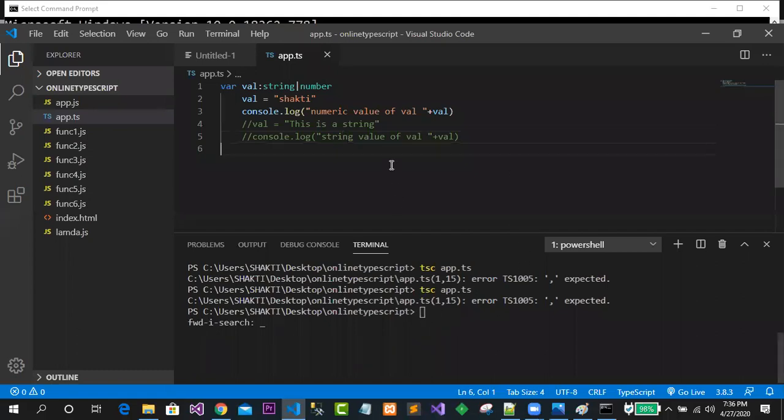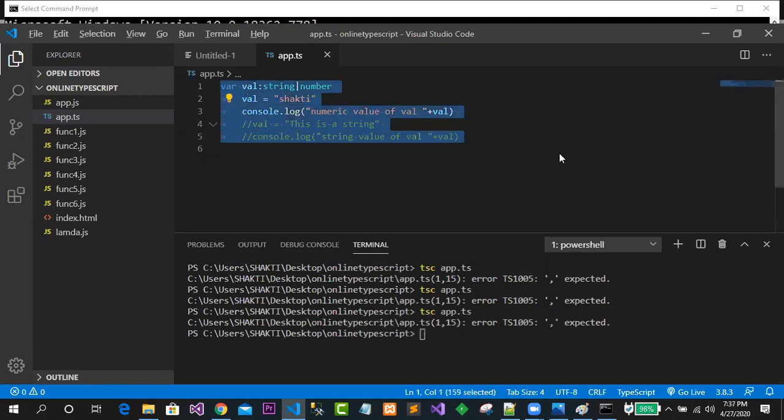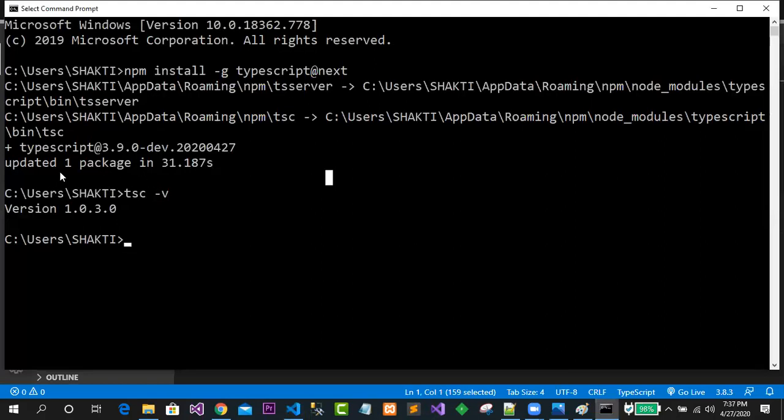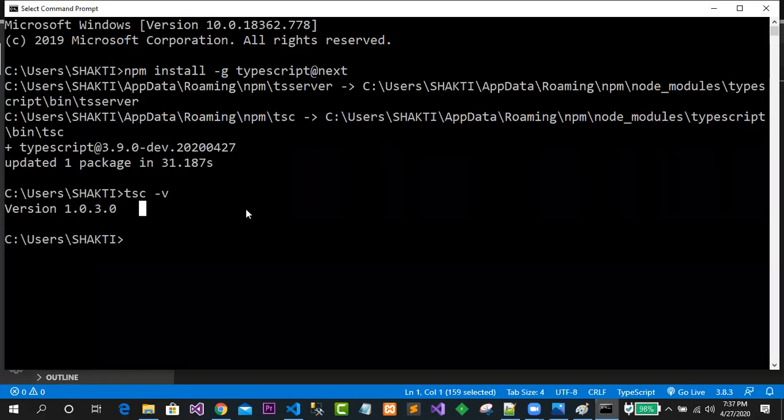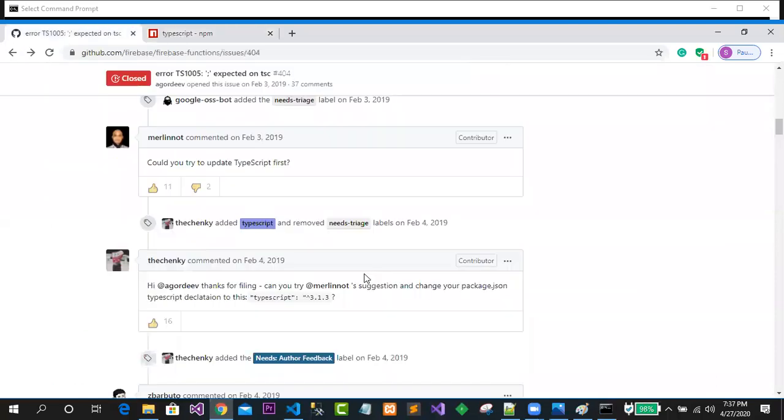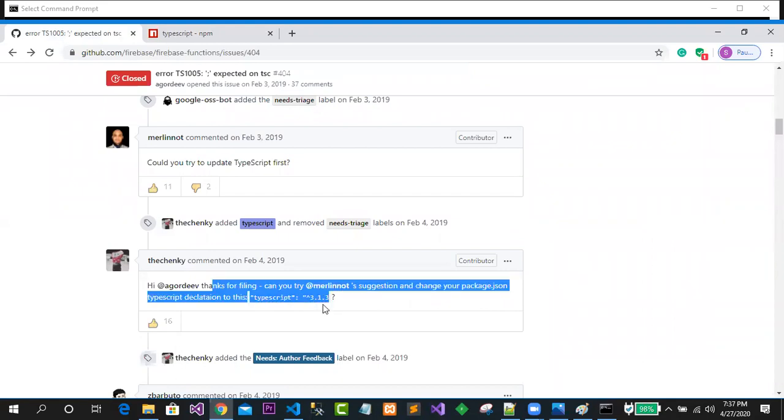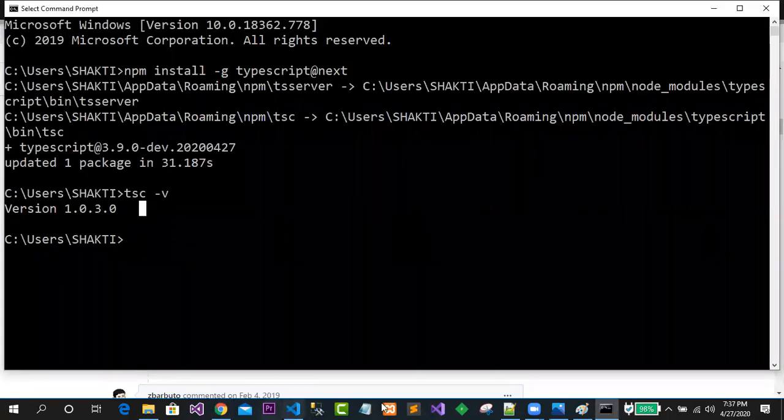Still I want to check it, one second. Okay, so what I should write here, tsc app.ts. No, this version is not supporting. It means that we are having version 1.0.3 for this timing. Okay, so I will check how exactly it will install. Will it be possible to install a higher version than 1.0.3? If we go for this error, it is simply telling TypeScript declaration. Let me check, can it be possible in this code or not?